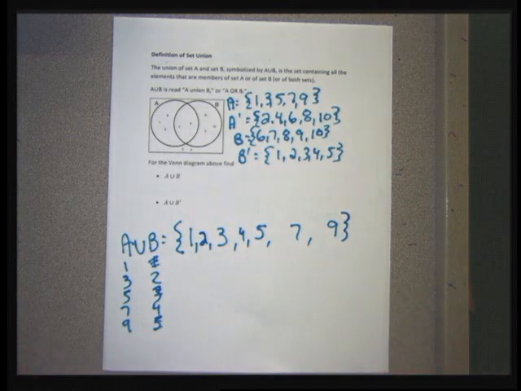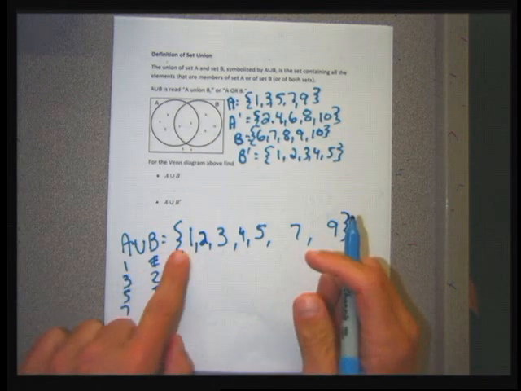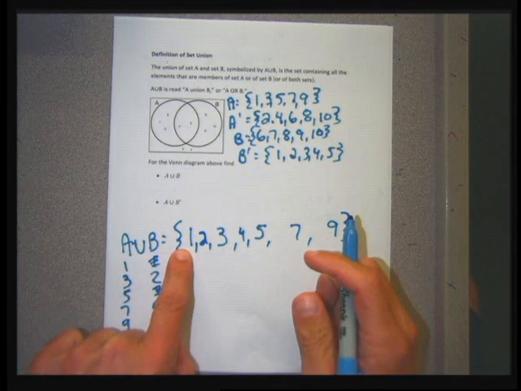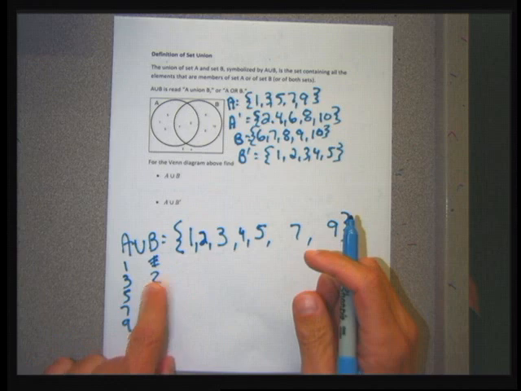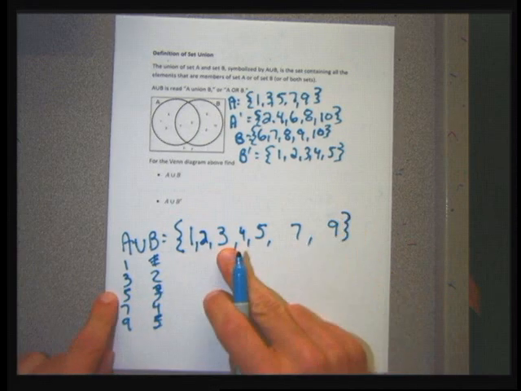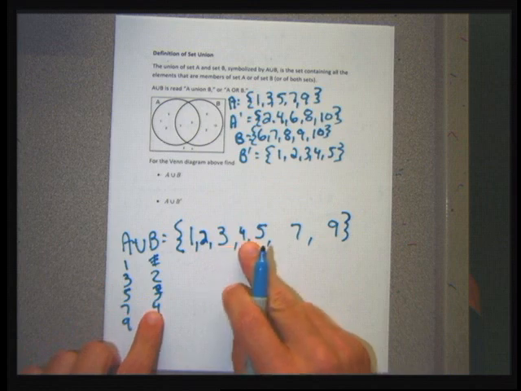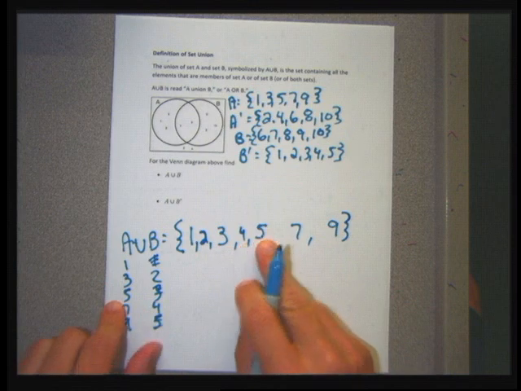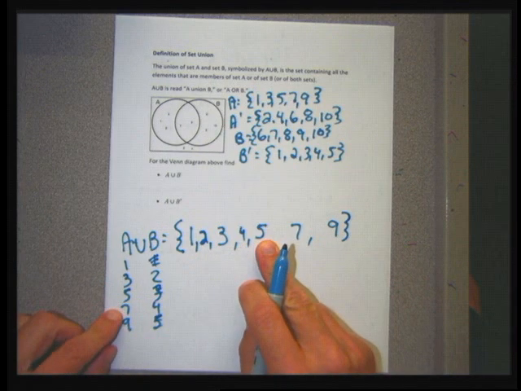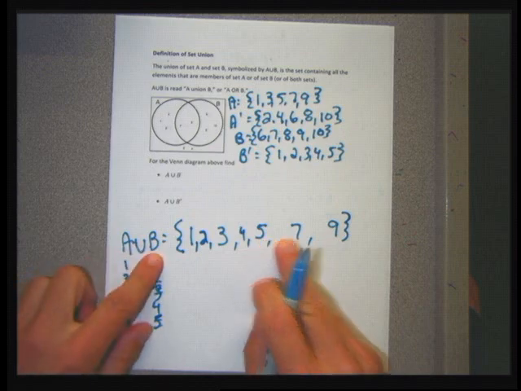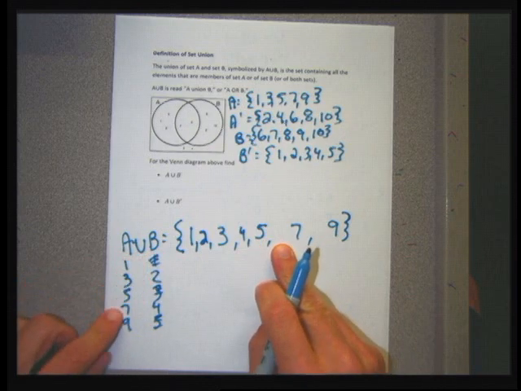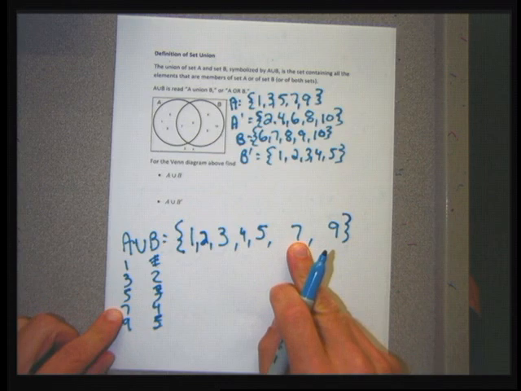It's any element that's in A or in B or in both. 1's in both, so it's in the union. I don't write it twice. 2's in B, so it's part of the union. 3's in A, so it's part of the union. 4's in B alone, it's part of the union. 5's in both, it's part of the union. 6 isn't in A, it isn't in B, so it's not part of the union. 7's in A, so it's part of the union. 8 is